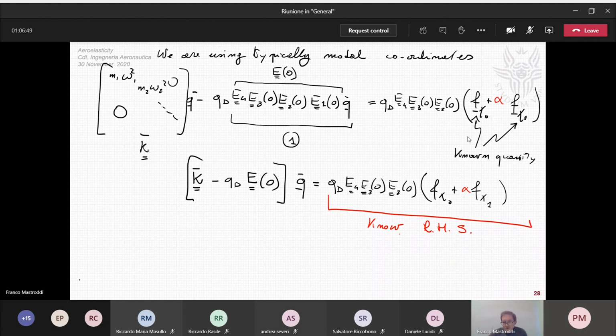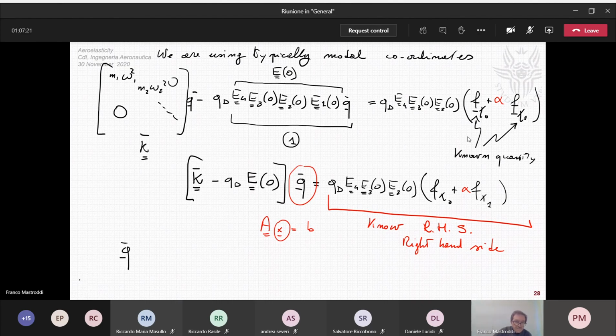This acronym is a general acronym for right hand side. And we have a linear algebra problem of type Ax equal to b, and we have to solve this for x, for q bar, and now we have just to invert this matrix here,